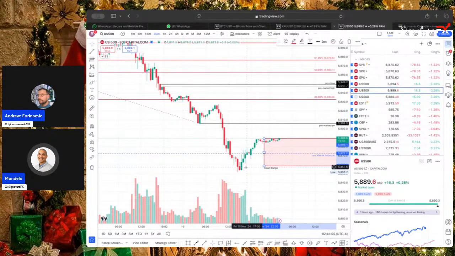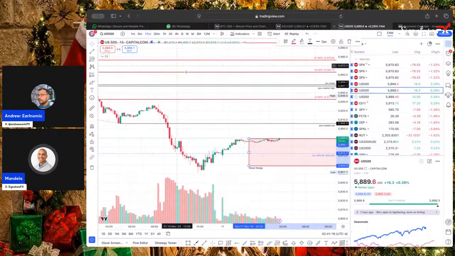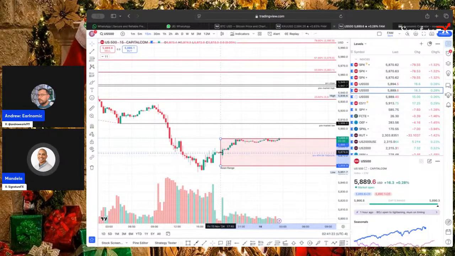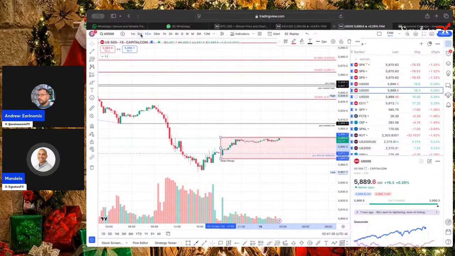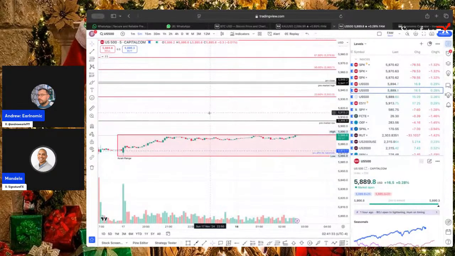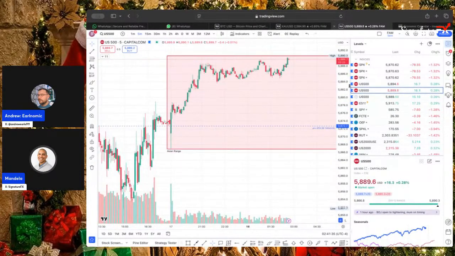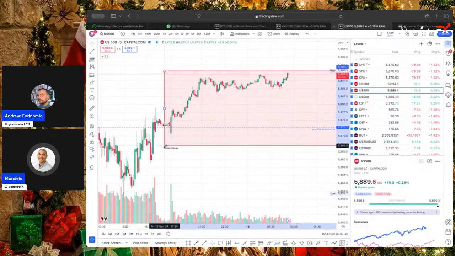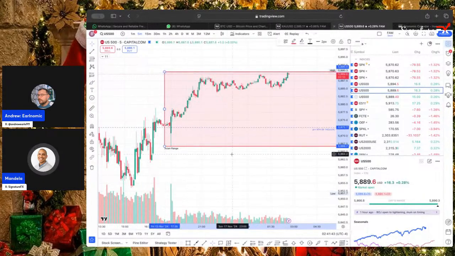So the market's open at, so it's Sunday at 11 p.m. Sunday at 11 p.m. will be the low. Let's go in one more. Yeah, so Sunday at 11 p.m. London gives us the low. And then we look at the high before 7 a.m. That's the 7 a.m. is the Hong Kong Stock Exchange close. And that's how we get the high. And that's it. So this is the Asian range. And we will usually trade a breakout from here throughout the day.